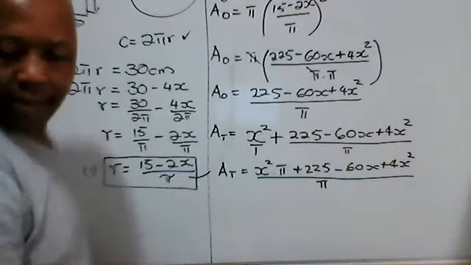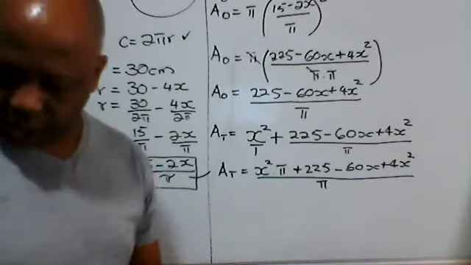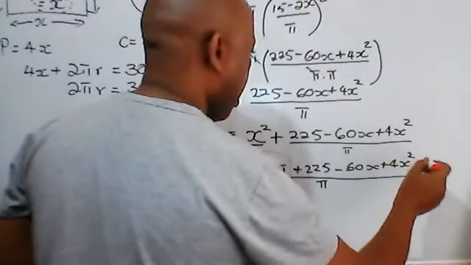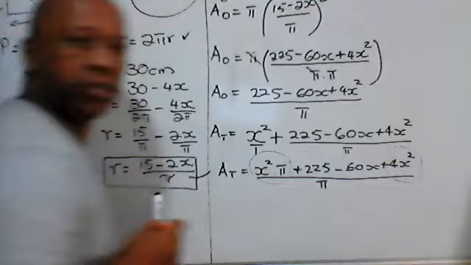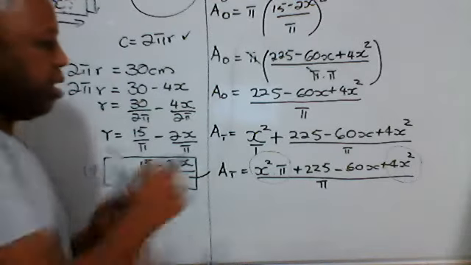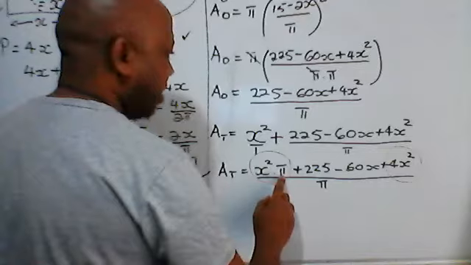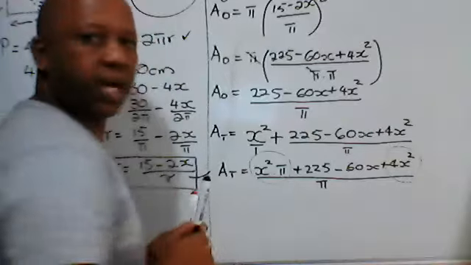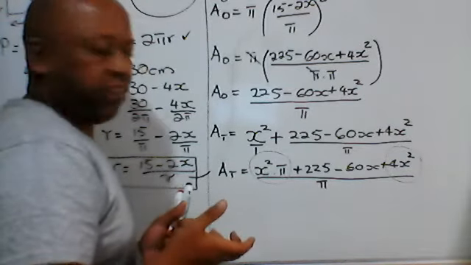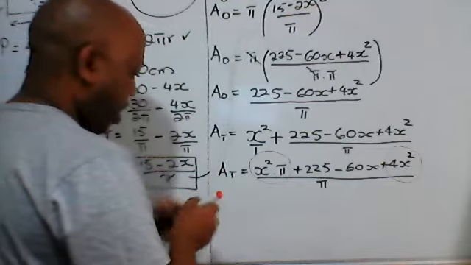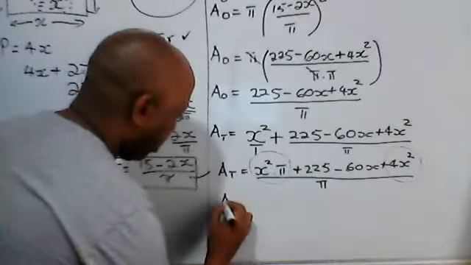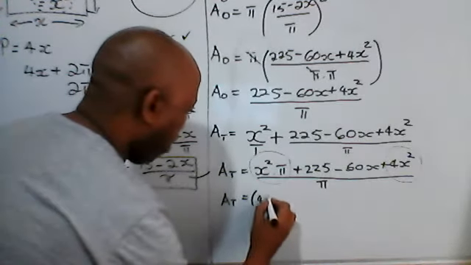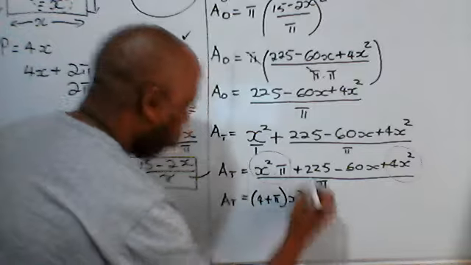Now adding like terms. Do we have any like terms? Yes, we do. What are they? They are x squared times pi and 4x squared. Those are our like terms. Add those two. Remember that pi is a number, 4 is a number as well. And x squared and x squared, those are our variables, if you like, raised to the power 2. So if we add these like terms, we get area total is equal to, I'm adding these two, so I would have added 4 plus the pi,